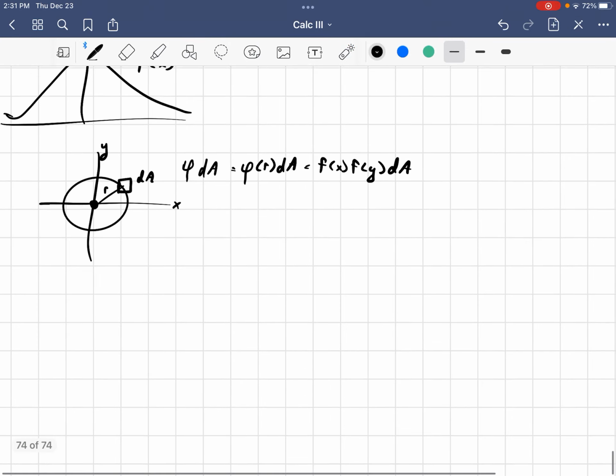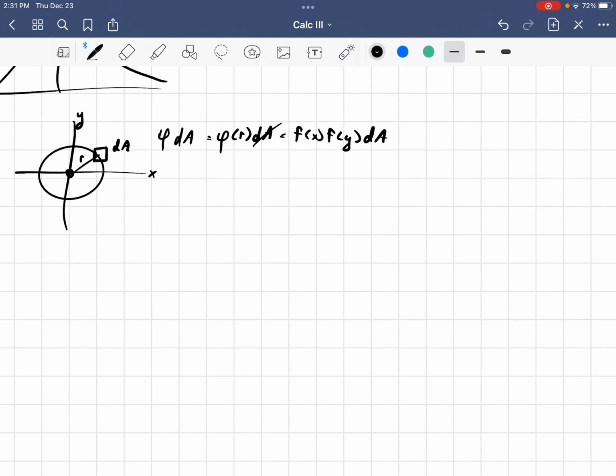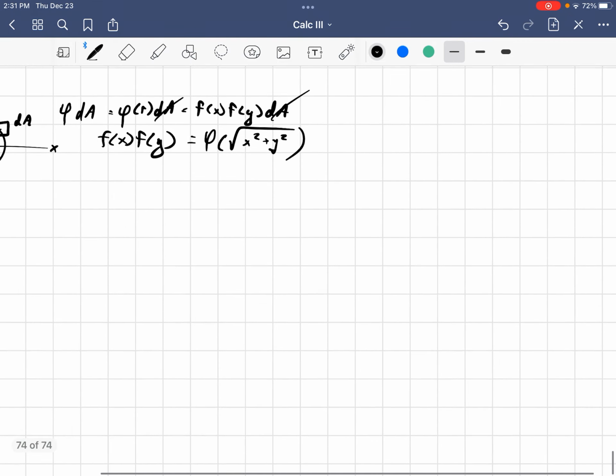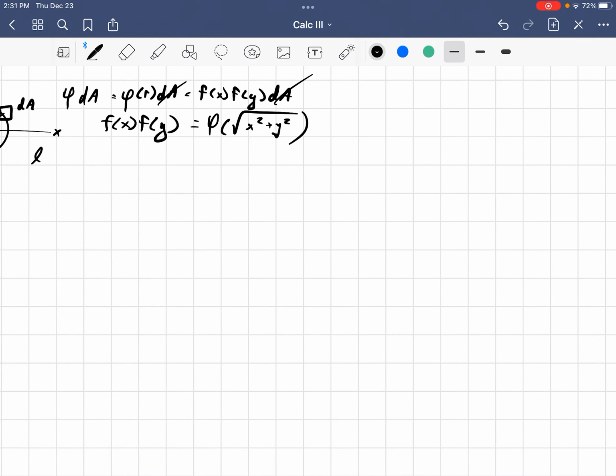Okay, so now what I can say is, well, I can cancel out these dAs, and r in polar is just phi of the square root of x squared plus y squared. And now let's try to do something with getting rid of this phi, because we don't want to work with phi, we want to work with the f. So one thing I can do is